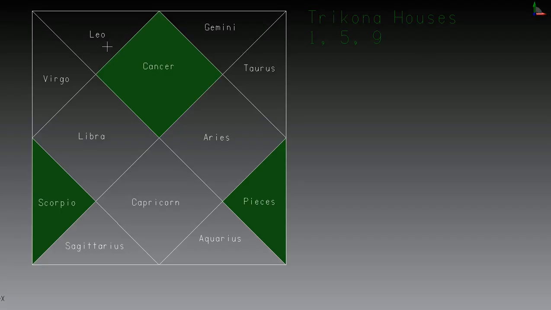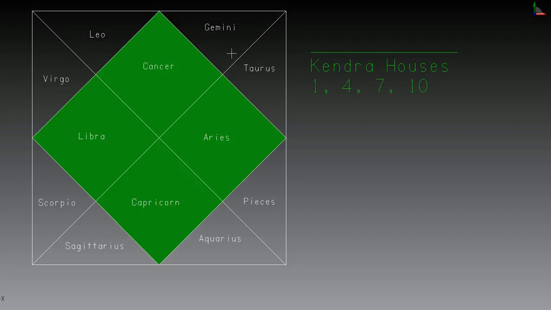Kendra houses are the second set of good houses, which I will show you. The Kendra houses are the 1st, 4th, 7th and 10th; these 4 houses are considered to be the Kendra houses. For any common man, it needs these 4 houses. The first house represents the body. The fourth house stands for the home or the conveniences, the mother associated with it, or the materialistic things which you have. So that is the fourth house.